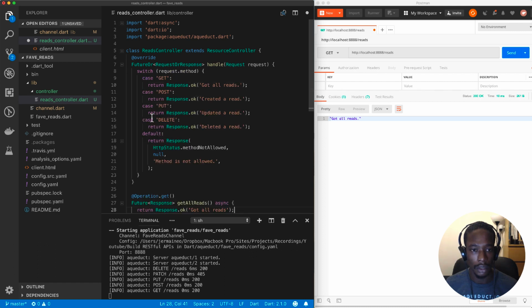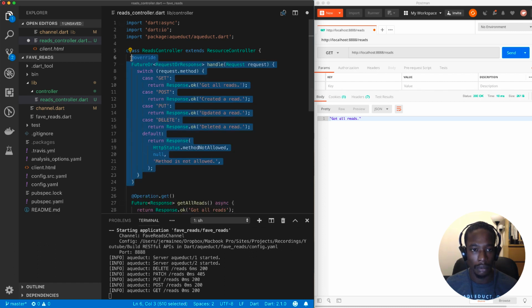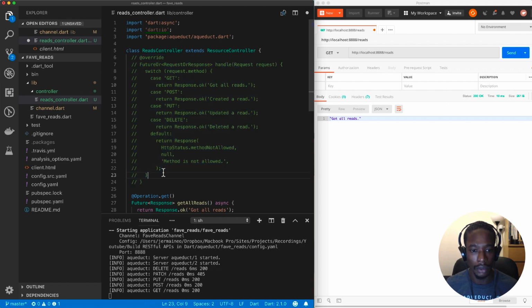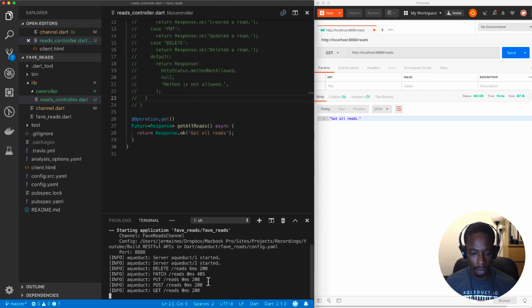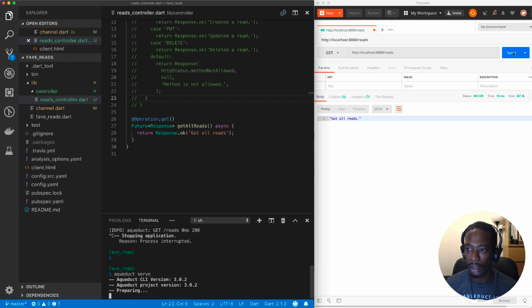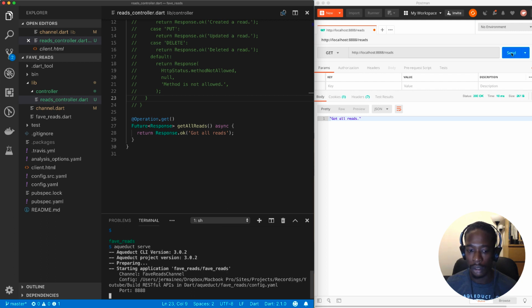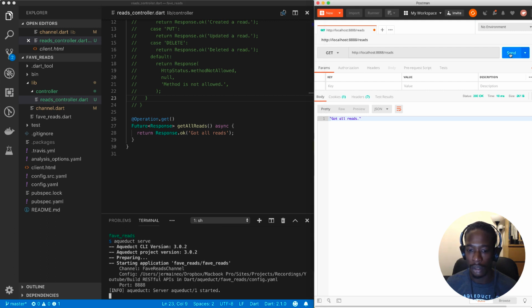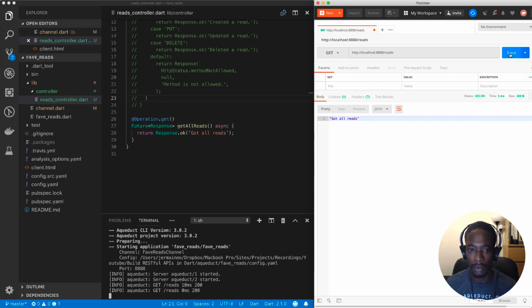So now let's test this, but then I will comment this out and I'll test this endpoint by stopping the server and starting again. And then if I hit send, it should return the same response. Okay, so it's working. So in a similar fashion, we can do the same for our other type of request